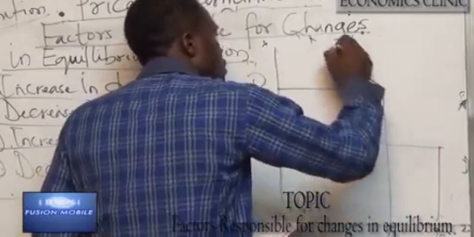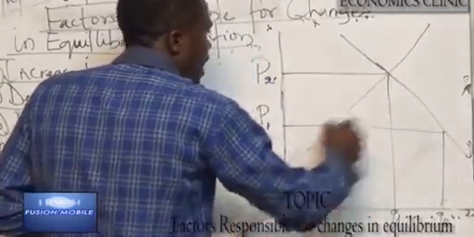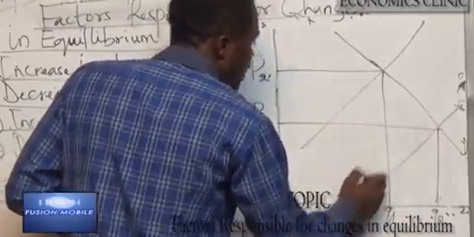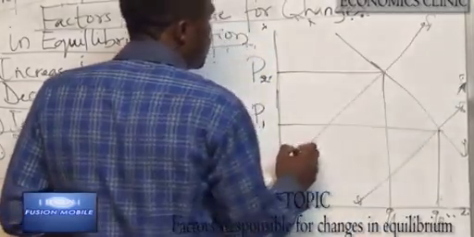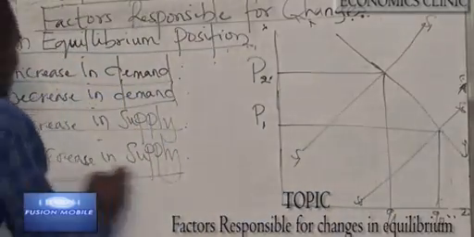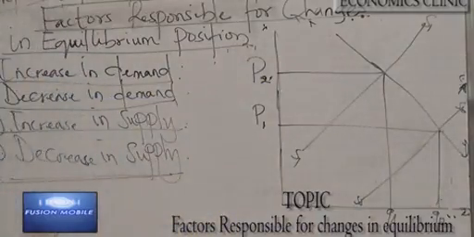We all know that our demand curve remains constant, the supply curve varies. X0, X0, X1, X1. Now, because we are dealing with decrease in supply, and when there is decrease in supply,